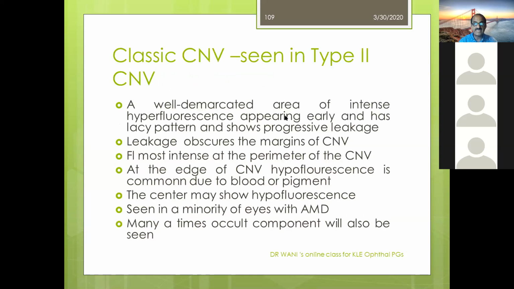Okay, the classic CNV or type 2 CNV, how is it seen? It is seen as a well demarcated area of intense hyperfluorescence, with a lacy pattern, and it slowly leaks, with progressive leakage. And later the